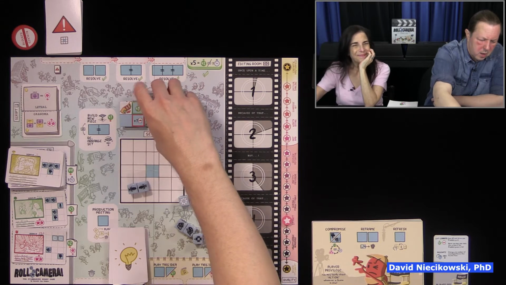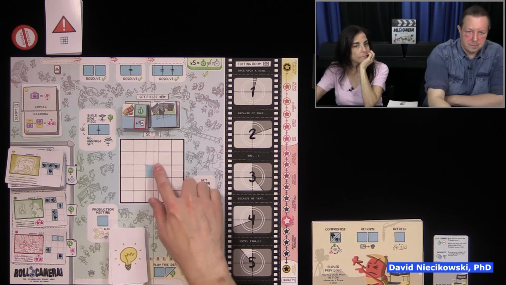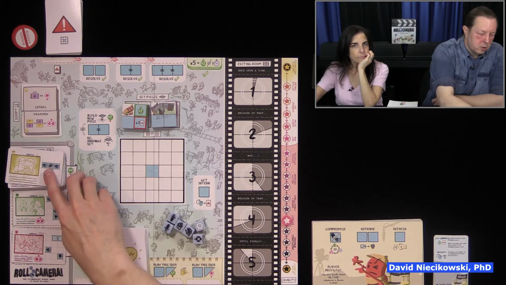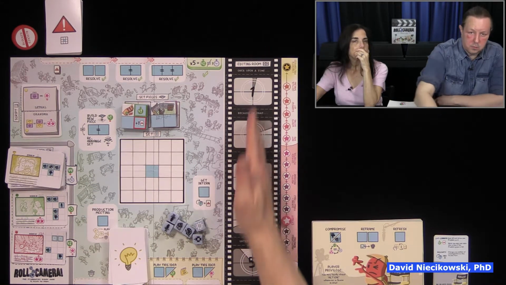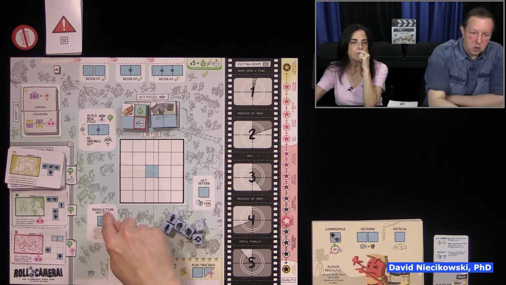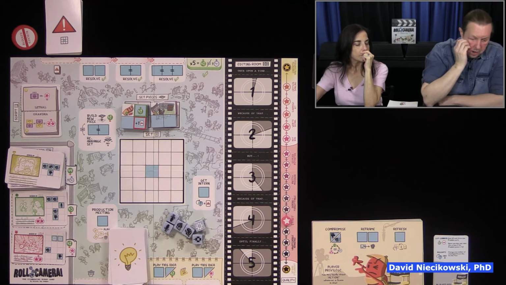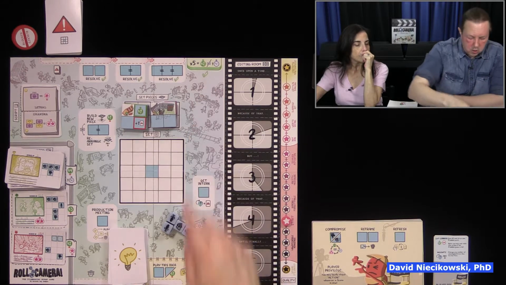Okay. So most of the game revolves around moving the set pieces into position, placing crew dice to get these scenes, having the money and the time to place them into the edit room. While we're dealing with problems, we can do a production meeting to use idea cards to help us resolve problems and get money and time. The more problems we resolve, we can get money and time. So you can see